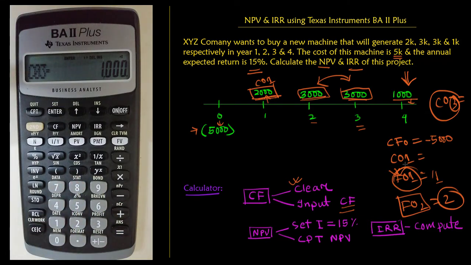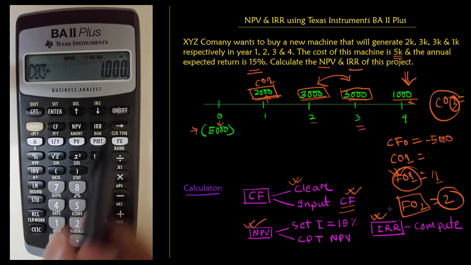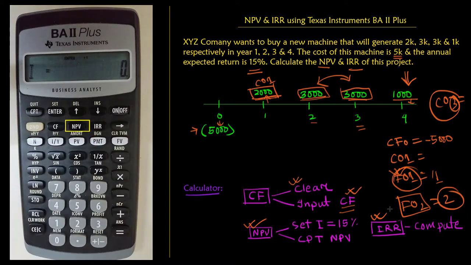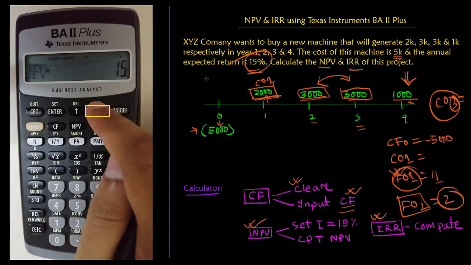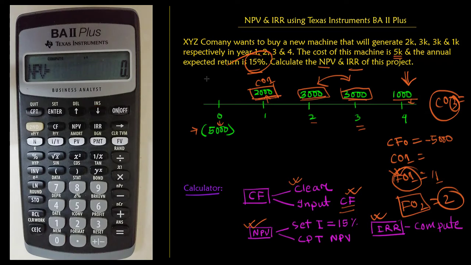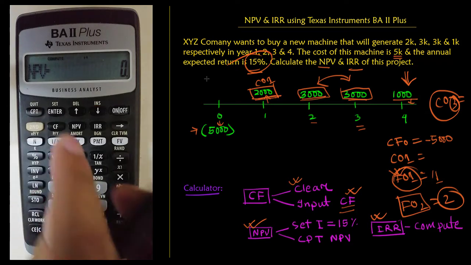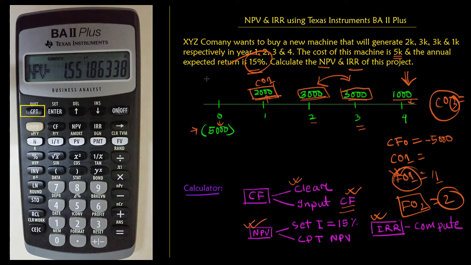Alright, now that your calculator knows what your cash flows look like, you can easily compute NPV or IRR. To compute NPV, press this button that is labeled NPV. Now give the input for your expected return. In our case it is 15%, so press 15, then press enter, then again scroll down, and from here just press this compute, and the NPV is,